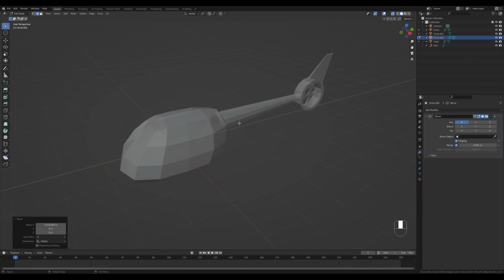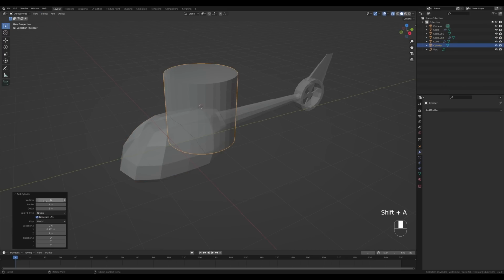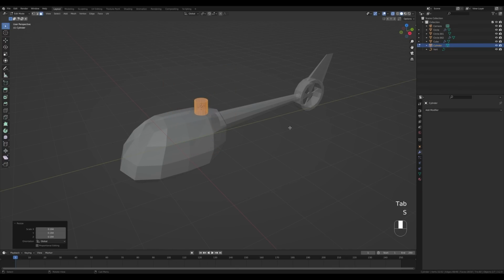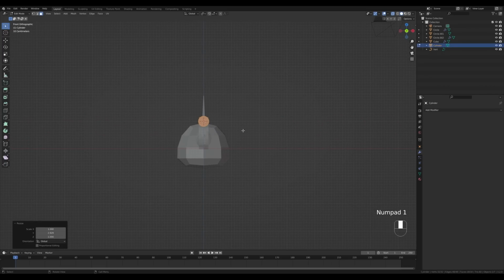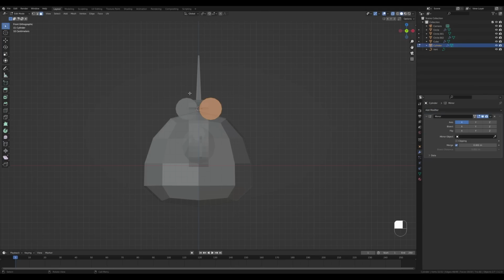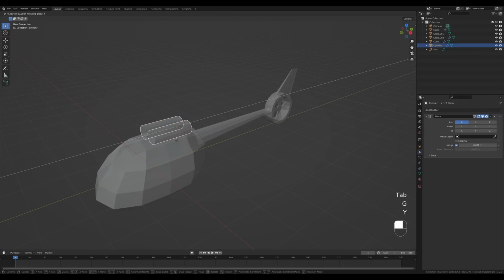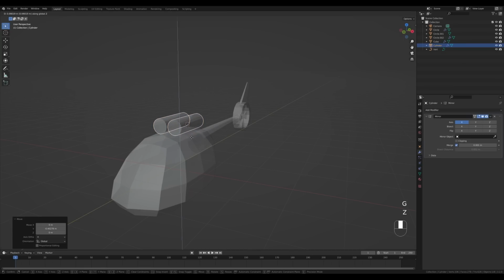So that's the tail. Now let's take care of the propeller. So I will tab out, select the body, and go for face select, select this face right here, and Shift S and cursor to selected. Now tab out and let's press Shift A and let's add a cylinder, and I will modify this to 16 segments as well. Tab in and press S to scale it down. Now press R, then X, and rotate it on the X-axis, then press S, then Y to scale it up. Let's look from the front by pressing 1 on a numpad, and now press G then X and move it to the side. And now let's add another mirror modifier here as well. So this will be like the engines. Now we can tab out and position it better over the body of the helicopter, like this.